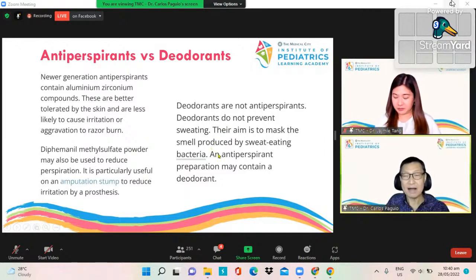If I may also say, because these are chemicals, have you noticed that people with body odor who have a favorite shirt, even after washing, when worn again still have an odor? That shirt smells quickly because of the chemical. So you have to wash it properly. Please take note of that.